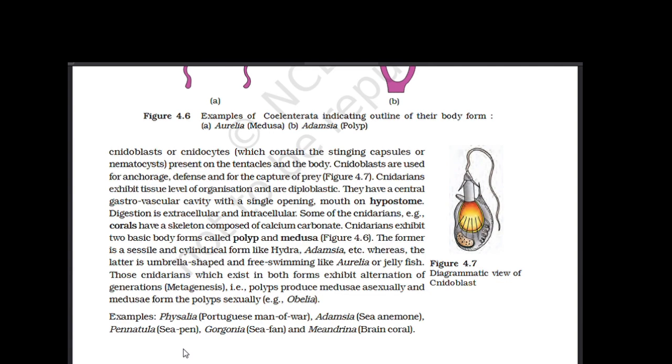Examples of cnidarians include Physalia, also known as Portuguese man of war, Adamsia, sea anemone, Pennatula, sea pen, Gorgonia,